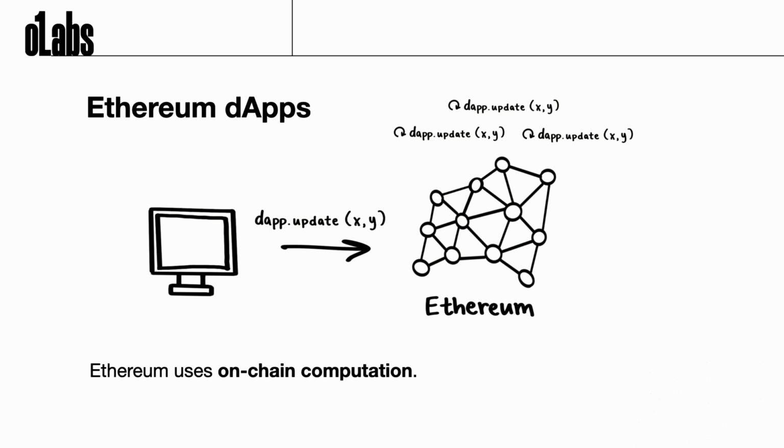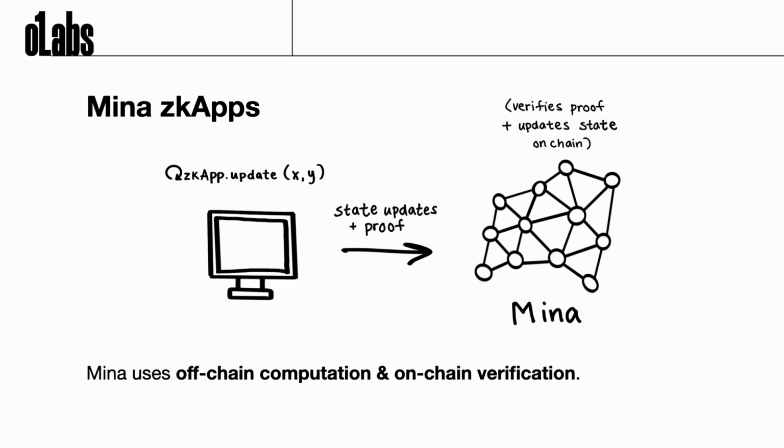Just briefly comparing the execution models of other chains and Mina. If you look at Ethereum, we know that there's code on-chain, and a user sends a transaction describing their execution of a smart contract to the chain, and every node of the Ethereum network will then have to run that computation more or less. So that is what we call an on-chain execution model.